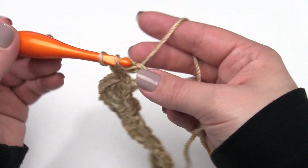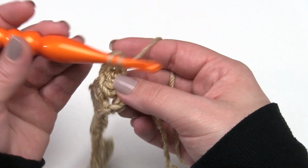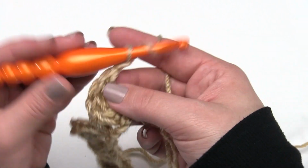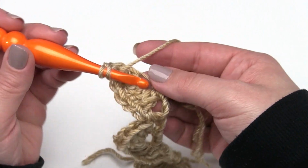Just making sure I actually chained correctly there for a second before I keep going, but I did. So big shell here, 4 double crochets, chain 1, 4 double crochets, right back in that same stitch there. 1,